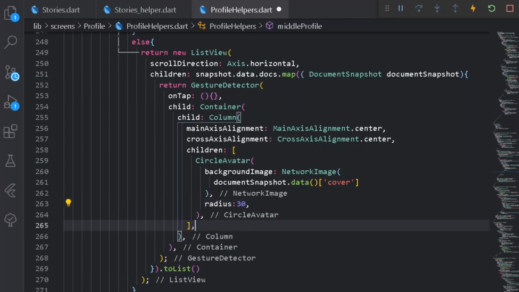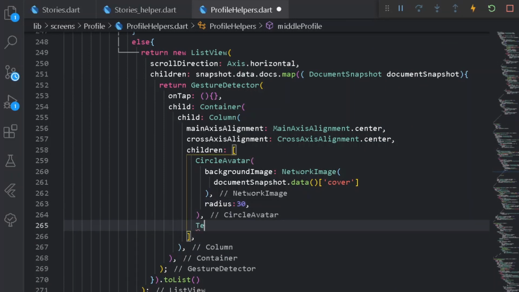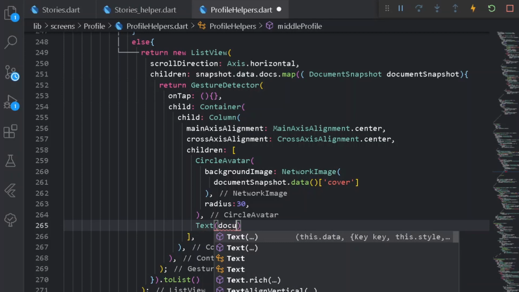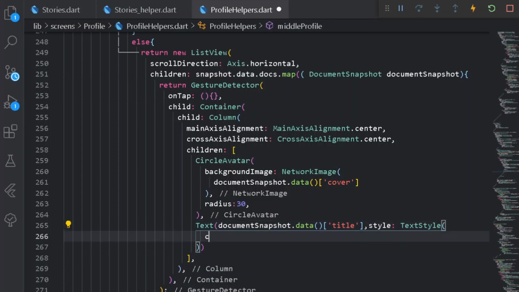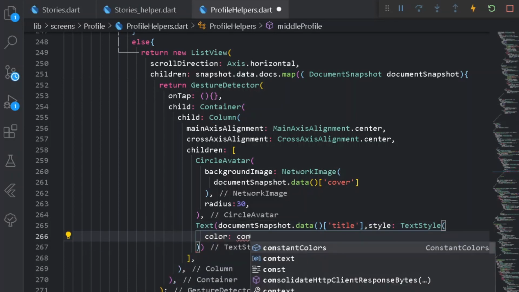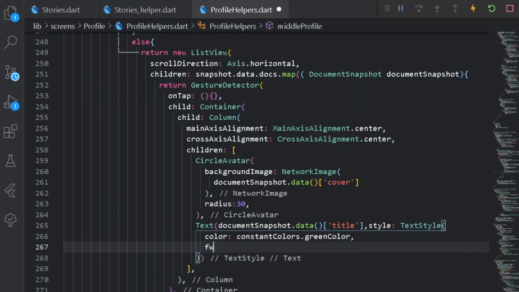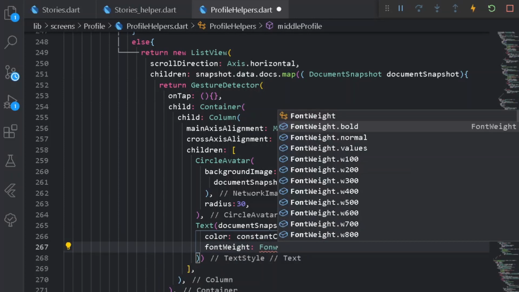After having the following radius, let's come out of the following CircleAvatar and have a Text for documentSnapshot.data, and under this let's have the title of the particular story. So here let's have some styling to it for a TextStyle, and under my TextStyle, first of all let's have a color for Constant Colors of green color. Let's have a fontWeight of bold.